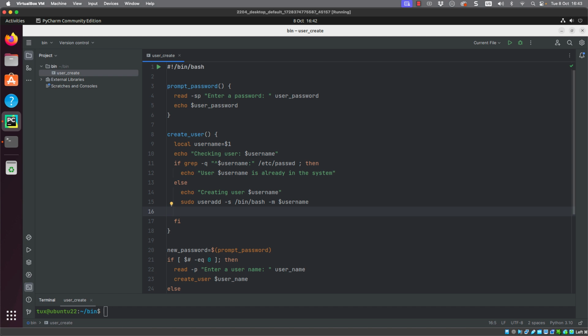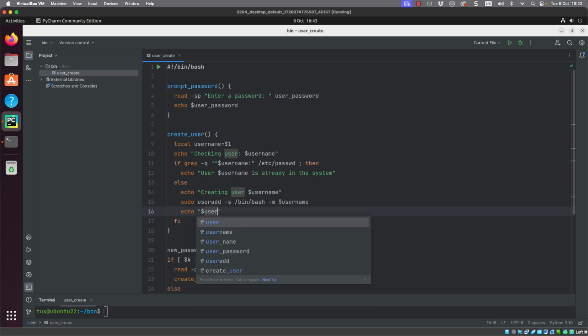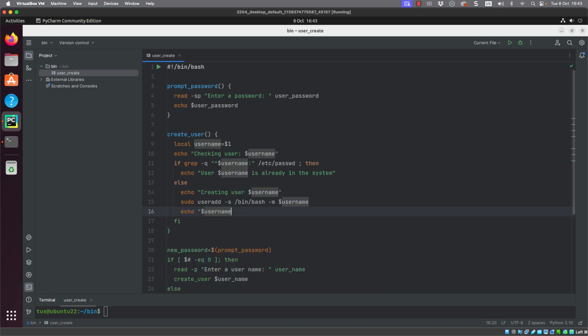And that's created the user, but it won't have a password. So I'm going to echo out, but not to the screen. We're going to pipe this through to another command. So I can have username and then colon, and then we can take the new_password variable that was set in our main script, so it's going to be available to the function as well.